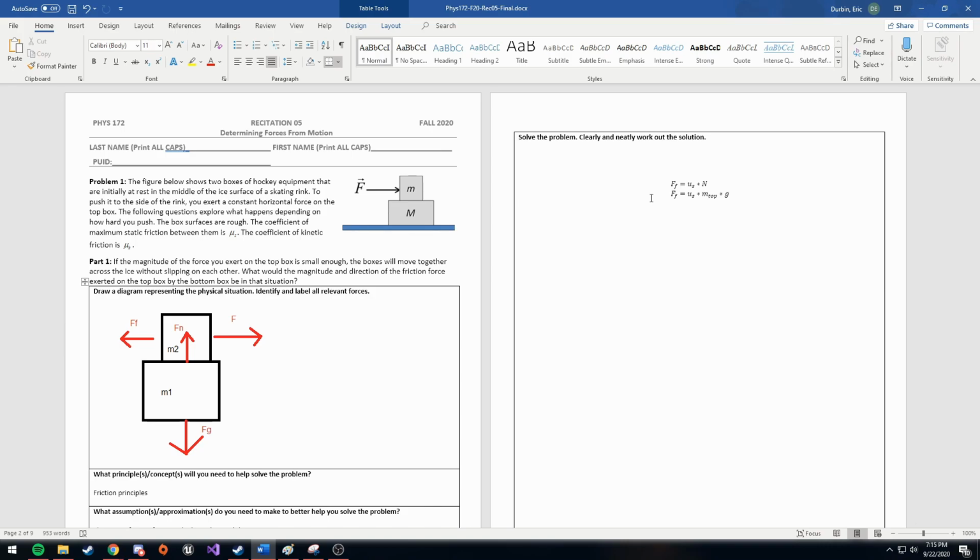Okay, so I just wrote down that F normal is equal to mass 1 times gravity, and then F friction is equal to the kinetic constant times the normal force. I was thinking static constant because they're not moving. Oh, you're right. Since there's some kind of definition in our notes that says the static friction will be completely opposite of our force.